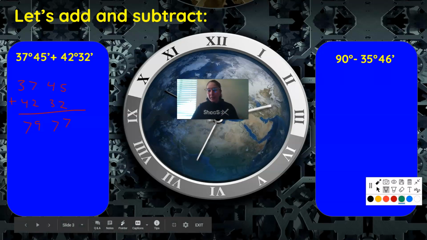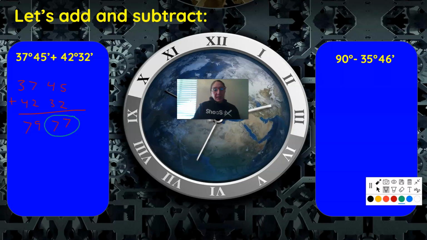The only thing we need to look out for is, look at this case here, right? We can't really have 79 degrees and 77 minutes, right? Because a minute is only in terms of 60. Once we have 60 minutes, our degree bumps up 1. So this is greater than 60. So what we're going to do